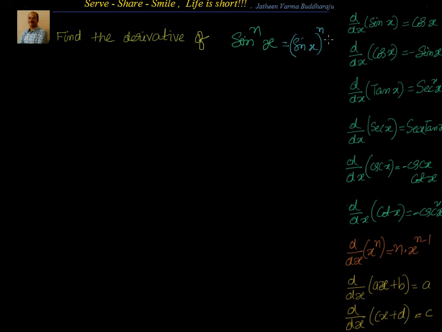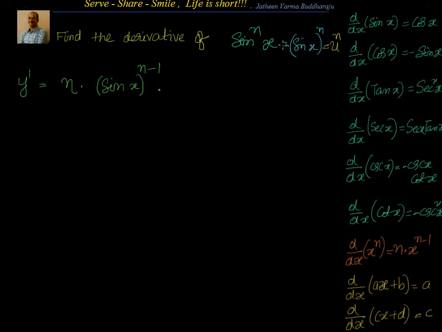At the higher level I see this is nothing but u to the power of n, where u equals sin x. So my first statement to give the derivative: I see something to the power of n, that is x to the power of n, and we know the derivative of x to the power of n is n into x to the power of n minus 1. So I will say n into (sin x) whole to the power of n minus 1,